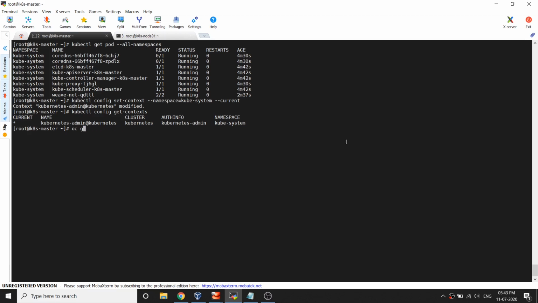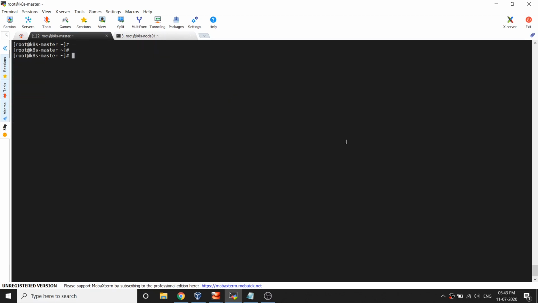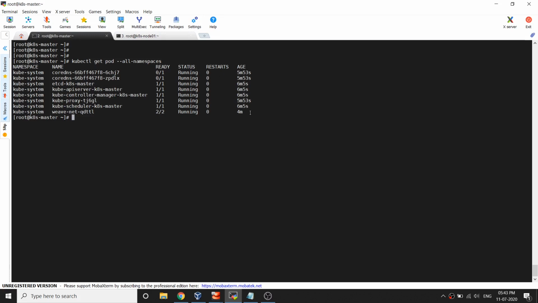I'm sorry, I'm using OC because I mostly work on OpenShift. kubectl get pod --all-namespaces. And now if I run this command, you see it still has the issue. And if I describe the pod where we actually have the issue, describe pod and copy this pod,